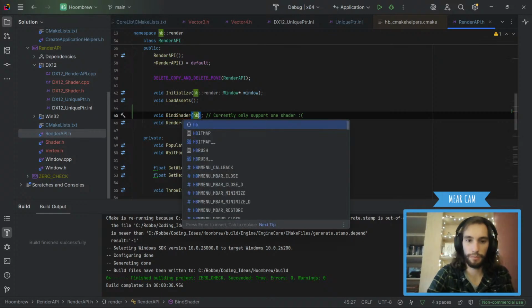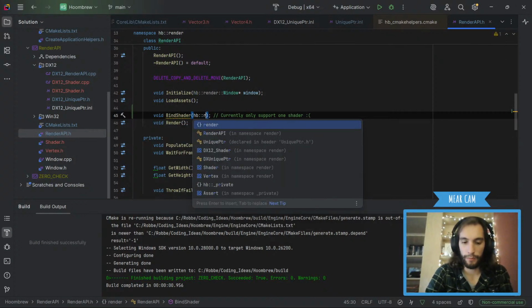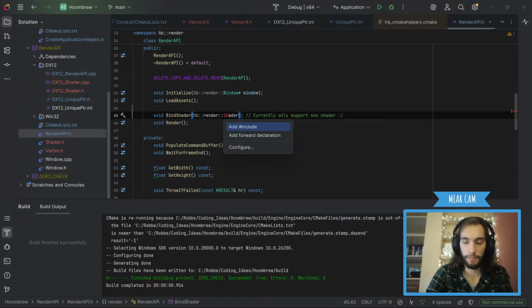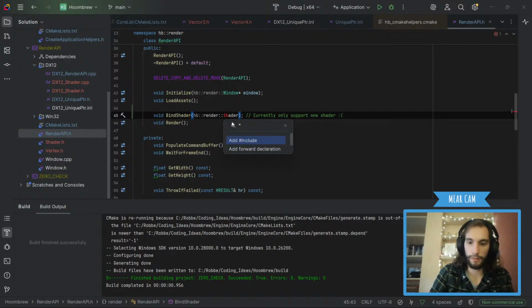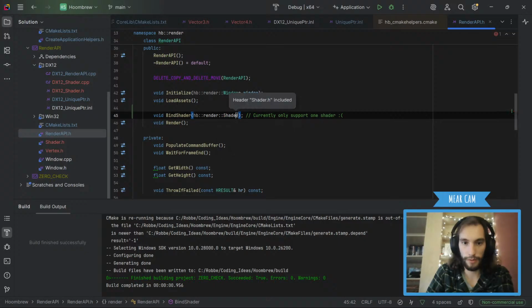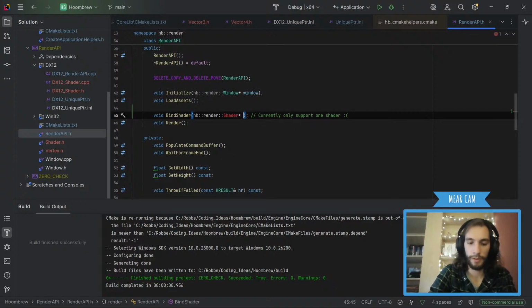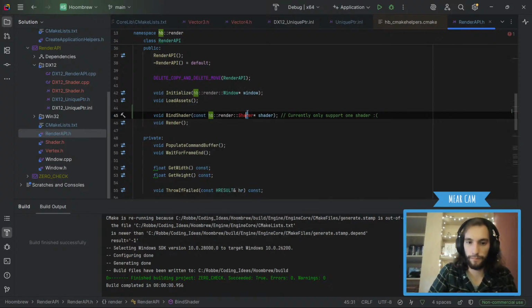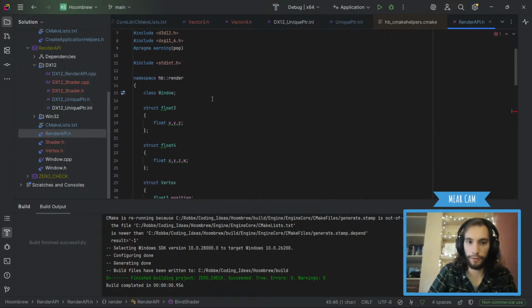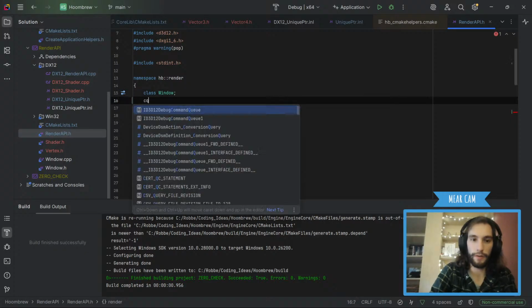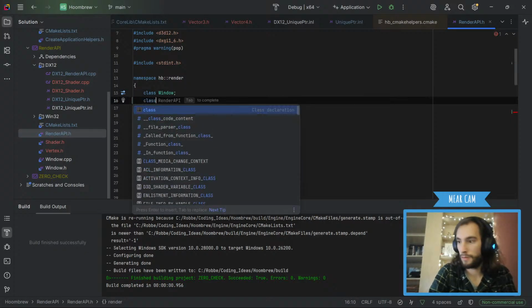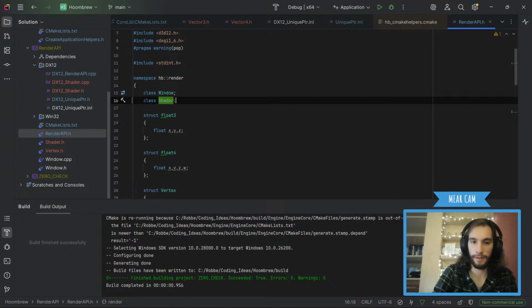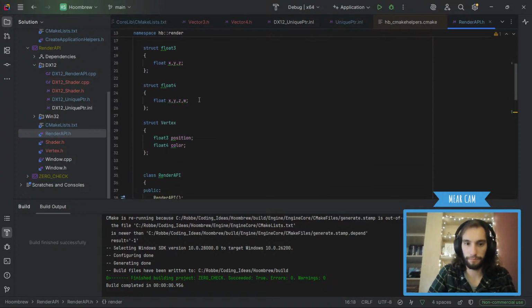So we're gonna do HP render shader pointer, and actually we're gonna take it by const pointer. And then we're gonna do a class shader. There we go. Okay.